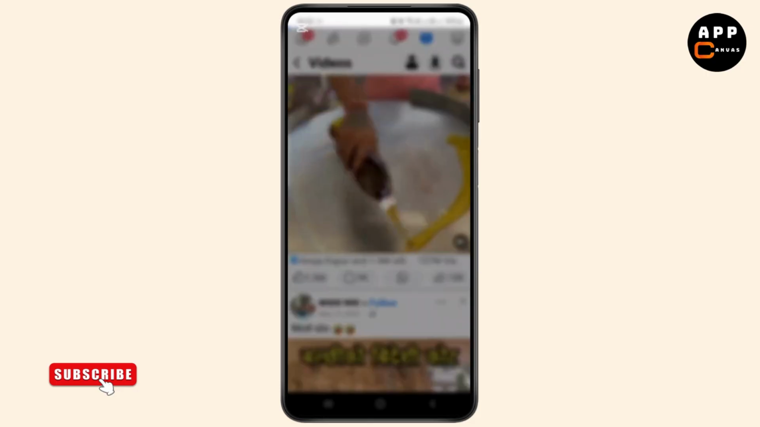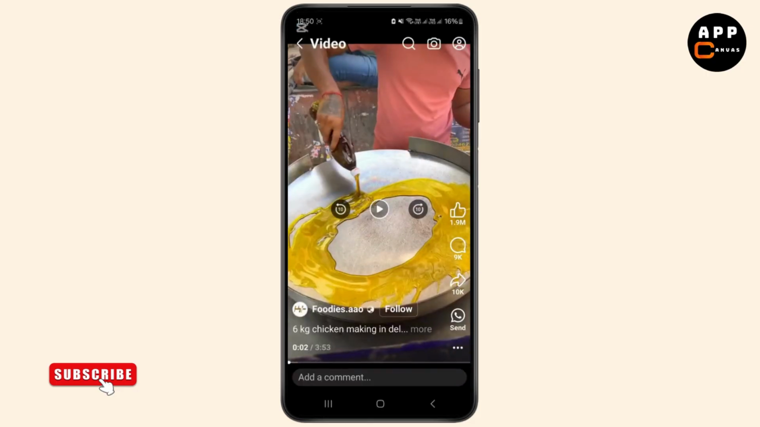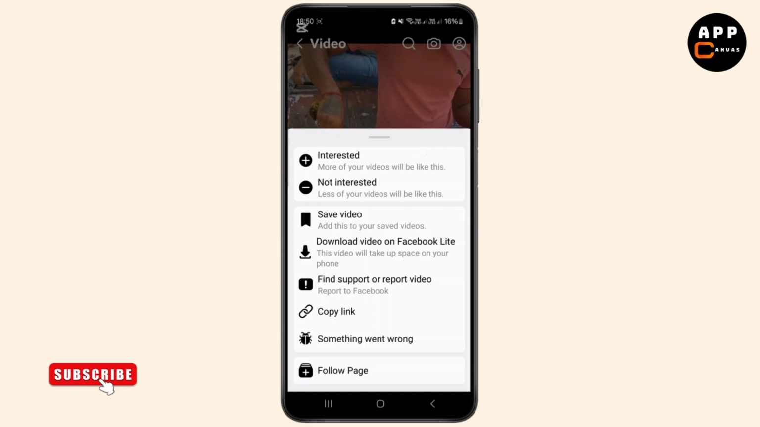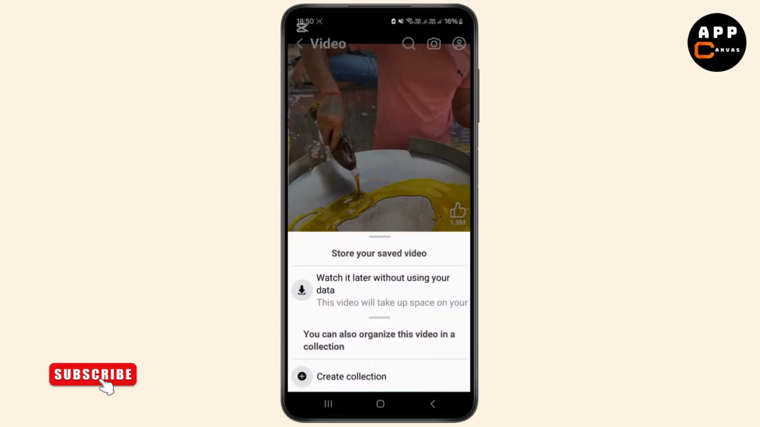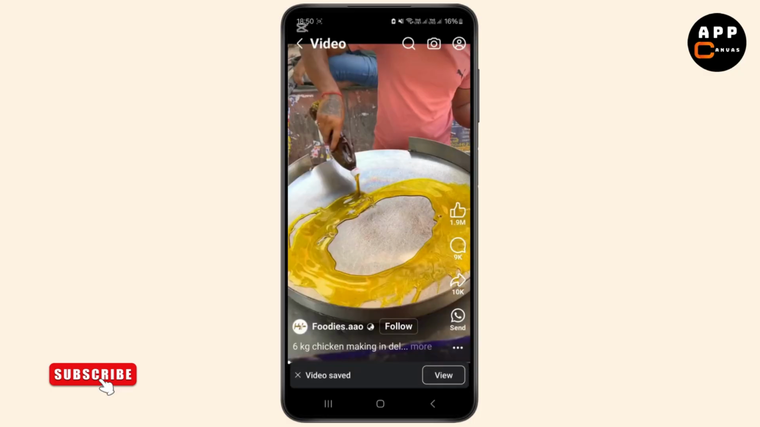So let me just select any of the random videos from over here and let me just pause it and just click on this three dot icon right below the send option and just tap on it just like this, and you will be seeing option called save video. So all you have to do is just click on this save video just like this, and you can create a collection for your particular customizable topics, or you can just click on this save video and it should be